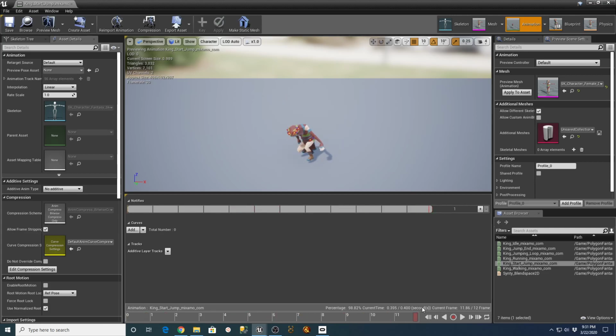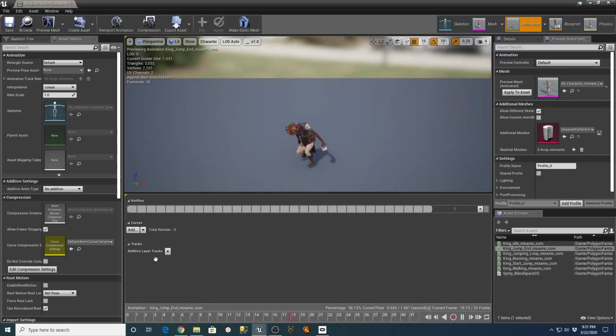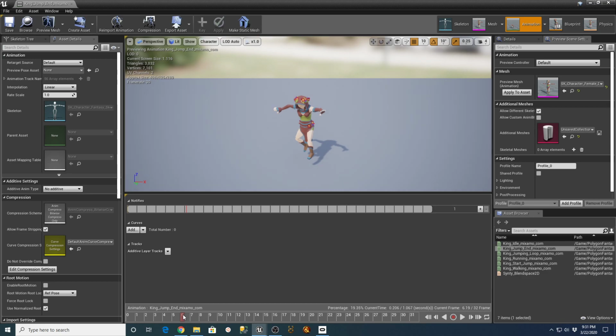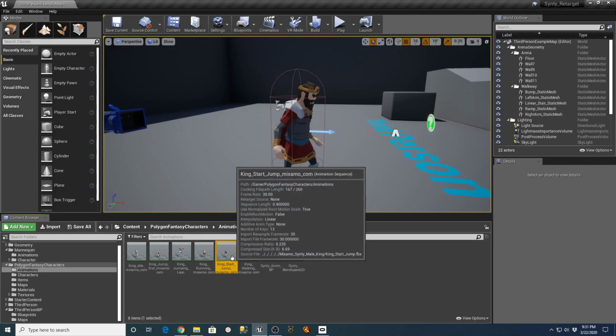That's really a better end jump. I think I get these. Did I get these backwards somehow? I mean, that's okay for a jump end also. But that jump start is definitely weird looking.